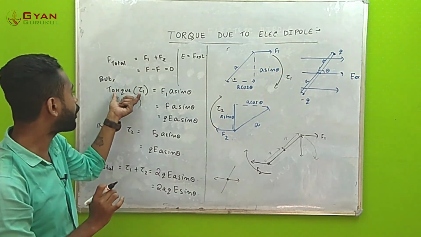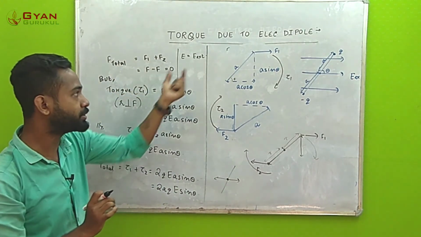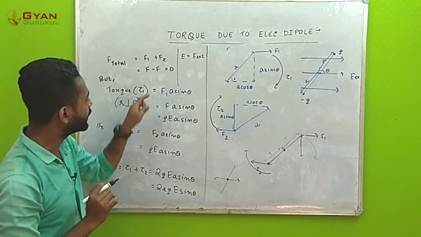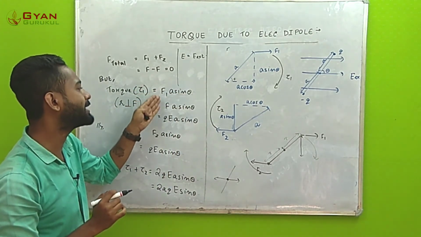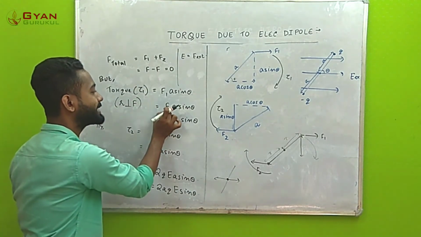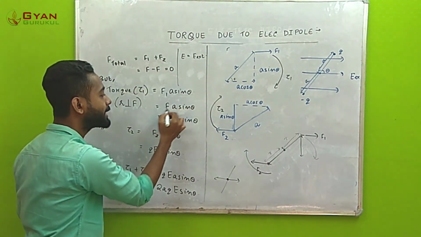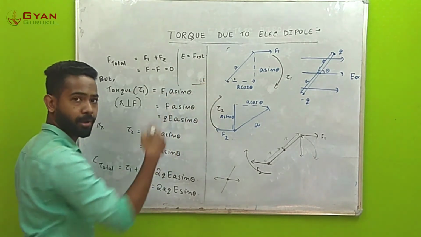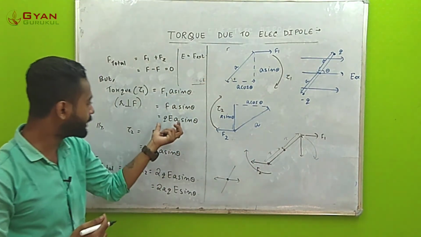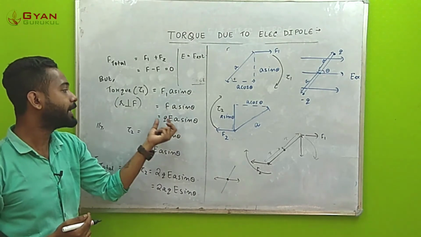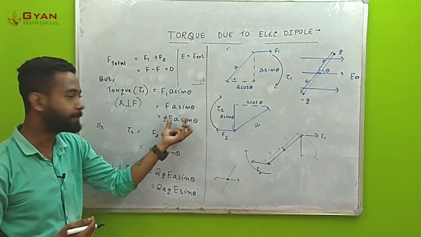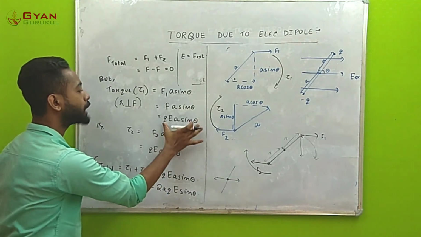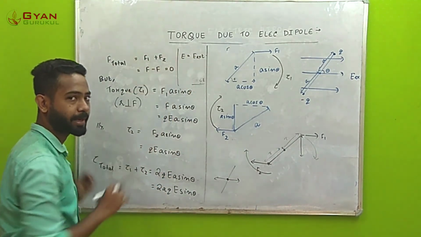Hence your torque tau 1 would be given by F1, which is the force, multiplied by the perpendicular distance, that is A sin theta. For consideration, I have considered F1 as F itself. So this would look like F A sin theta. And what was the expression for F? F was given by charge multiplied by electric field. We have already written down that expression. So taking that expression, it comes out as QE, which is the force, multiplied by the distance A sin theta. Correct? So this is tau 1, which is the torque experienced by the first charge.